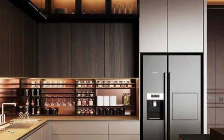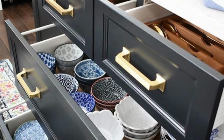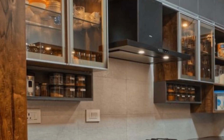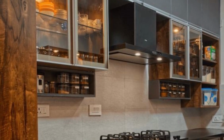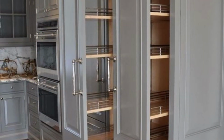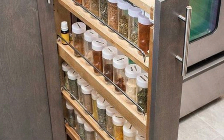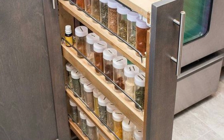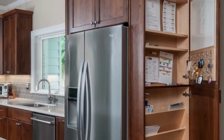Well thought out cabinet configurations can make a kitchen more user friendly, with designated space for everything from pots and pans to spices and utensils. Pull out drawers, lazy susans, and built in dividers are just a few of the innovative features that enhance functionality and organization. Moreover, the choice of cabinet hardware, such as handles and knobs, can add a finishing touch that complements